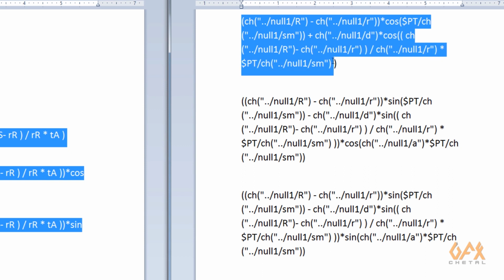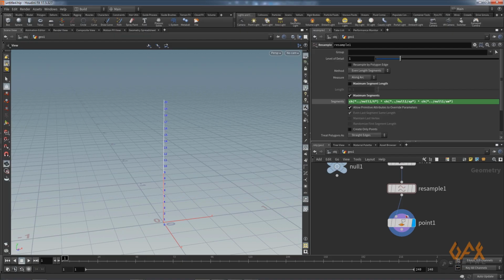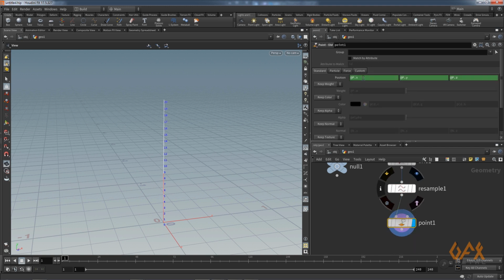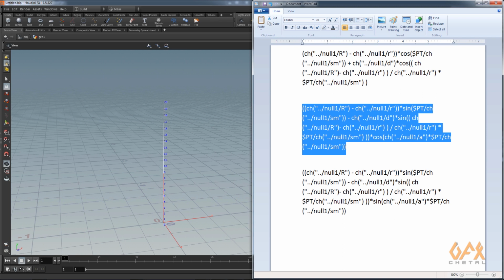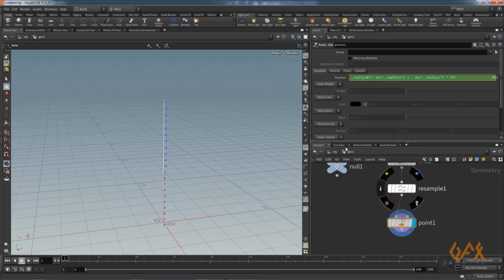You just need to copy this thing, Control C, go to Houdini, go to point old, and here I replace that thing. Again go to WordPad, copy the Y position, Control C, Control V,